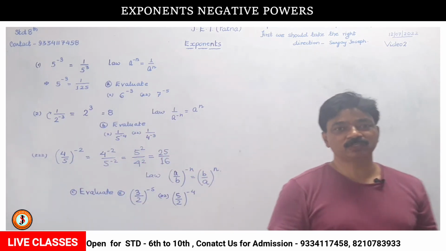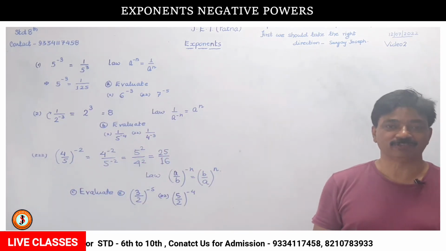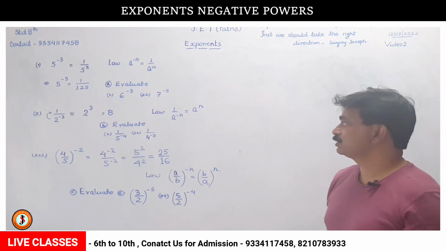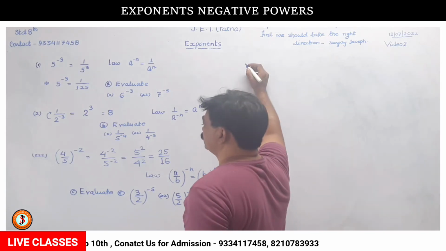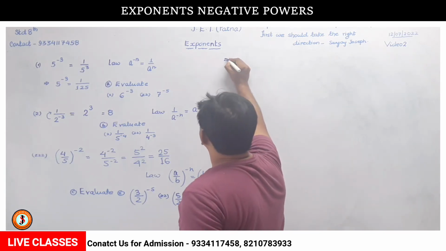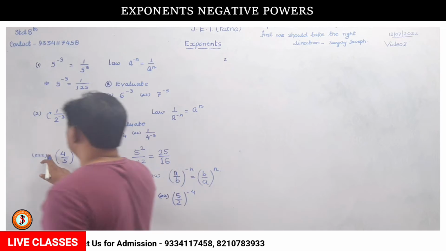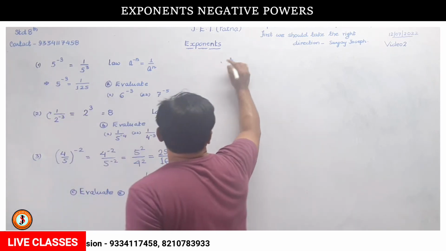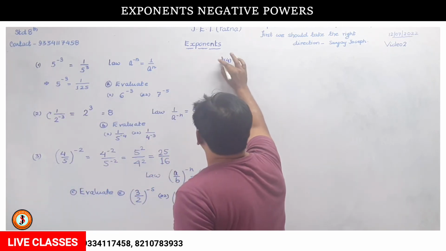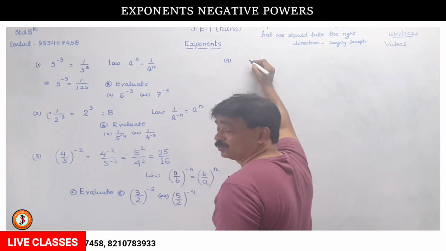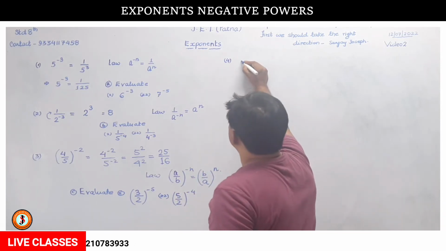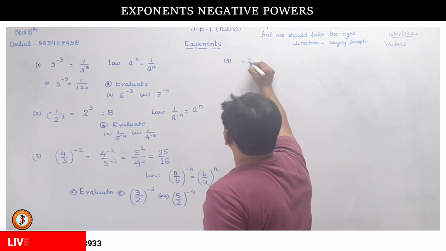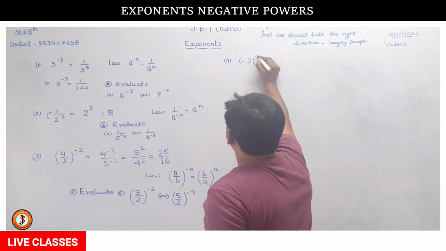What happens if the exponent itself is a negative term? So what will happen? Let us have a look. So we are going to the fourth part now. 1, 2, this is third. Let me give the correct numbering. Then this is fourth. Now here what will happen? Have a good look at this also, children. Suppose we have got minus 2 to the power negative 3,